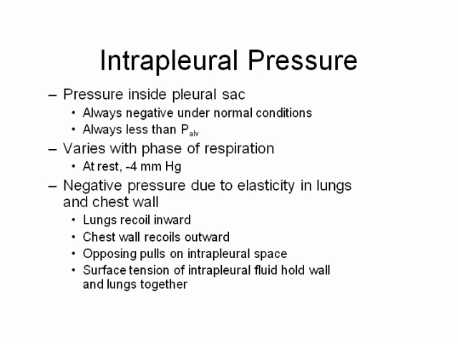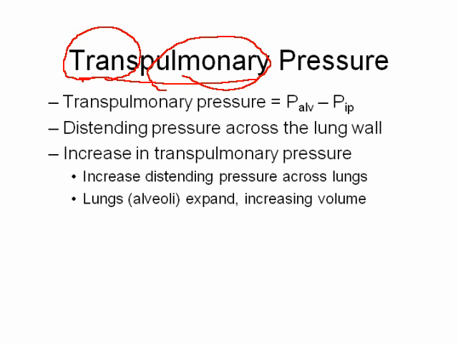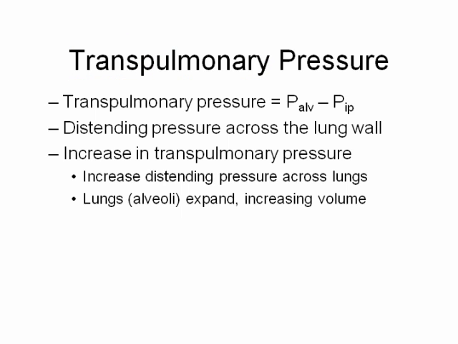But there is, of course, a pressure within that space. The transpulmonary pressure, as the name suggests, is the pressure across the lung, across the alveoli. So it is calculated as taking alveolar pressure and subtracting intrapleural pressure. It is the distending pressure across the lung wall, it's the pressure that is keeping the alveoli open. And of course, transpulmonary pressure increases